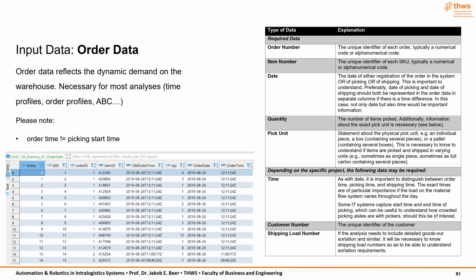Item number. Again, this is a unique ID, but this time for the product. It allows us to join with master data, to retrieve dimensions or categories, and perform various analyses. Date. This can mean different things depending on the use case. Is it the date the order was placed, the date it was picked, shipped? Ideally, we want to have separate fields for pick date, ship date, and order date to track process times and